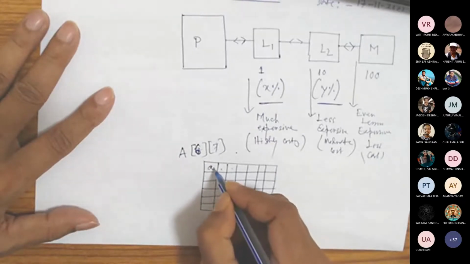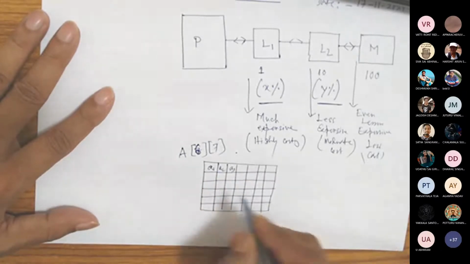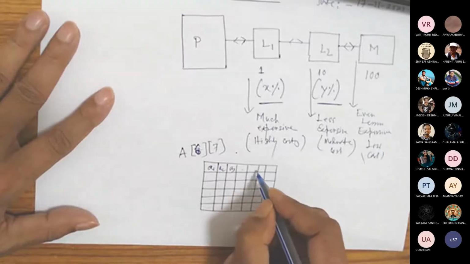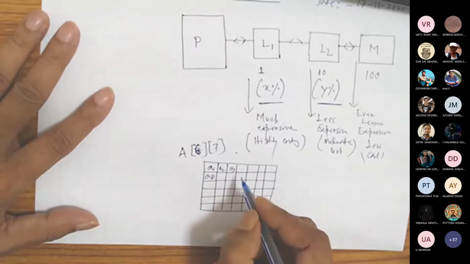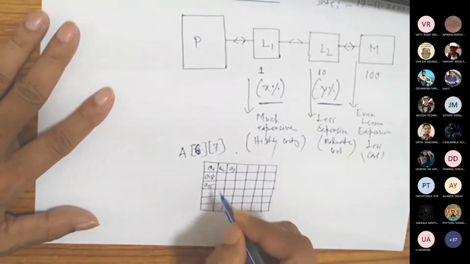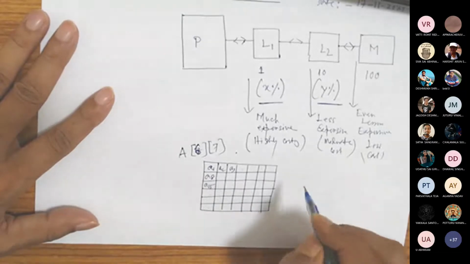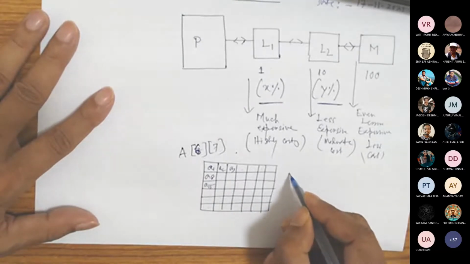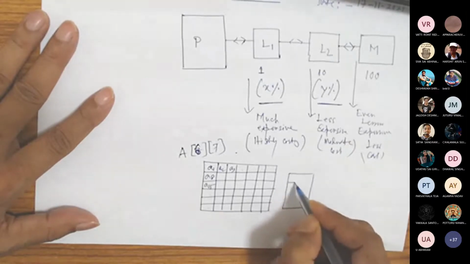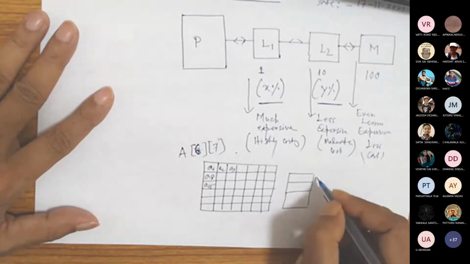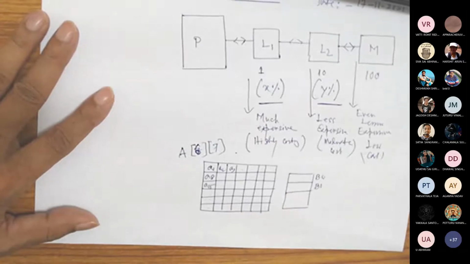So this is basically A1, A2, A3 stored this way. A4, A5, A6, A7, this is A8. Okay. A15 and so on and so forth. Now, if your cache block has a limitation, say this is the cache memory and it has some size limitation. This is block 0, this is block 1, or cache line 0, line 1, whatever you call it.